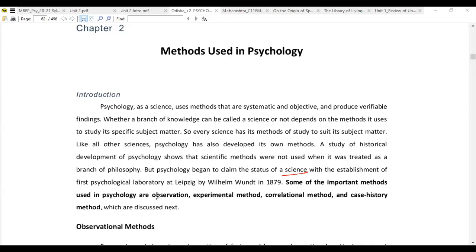Some of the important methods discussed are observation, the experimental method, the correlation method, and case history, which is very important during the mental status examination of the client. In case history, maintaining proper information about the client is really important. So it is really important for us to know these methods and use them in an appropriate manner. Whenever there is a need for a method, we will adopt that method and get information. So overall, this is the introduction to